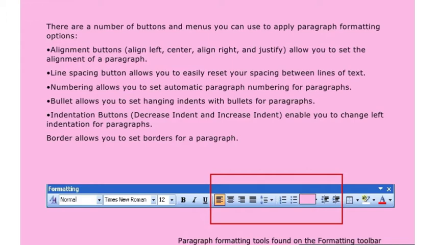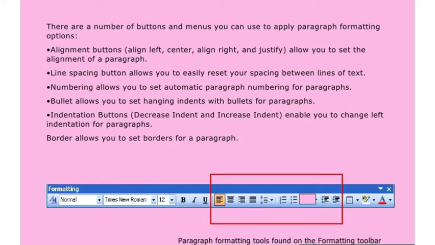They allow you to set the alignment of a paragraph. Next is line spacing. The line spacing button allows you to easily reset the spacing between lines of text. Next is numbering. Numbering allows you to set automatic paragraph numbering for paragraphs.